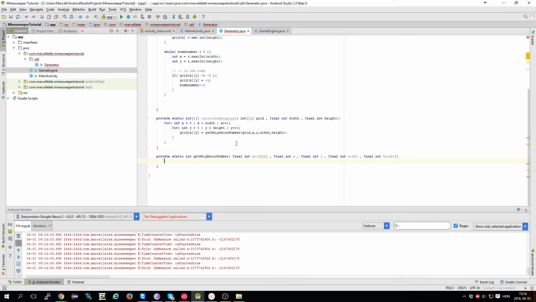And here, first of all, we check if the position we are standing on is a bomb. So let's check this: if grid x, y equals -1, then we return -1. Basically, if it's a bomb there, then we don't have to calculate any neighbors. So we just pass back a number which is a bomb. So let's start